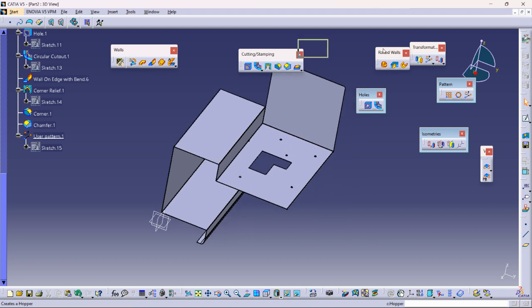Then we have rolled walls, freeform surface, and Hooper. I mean, the first one was Hooper. Okay, Hooper, freeform surface, and rolled wall. Rolled wall is nothing but to create formed shapes, especially